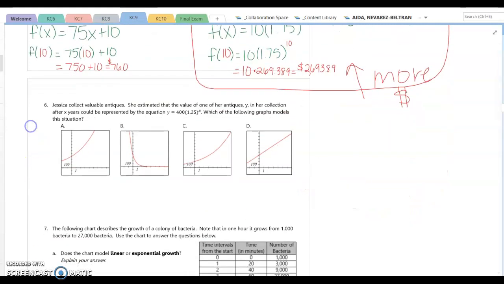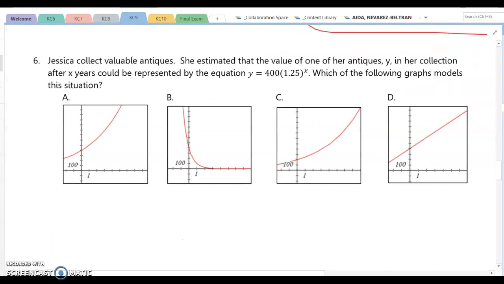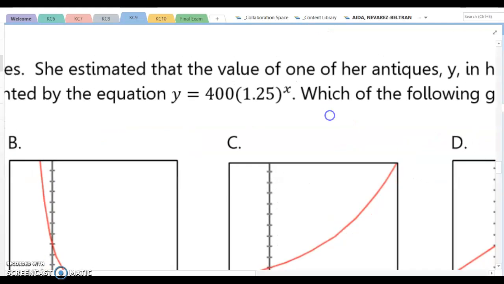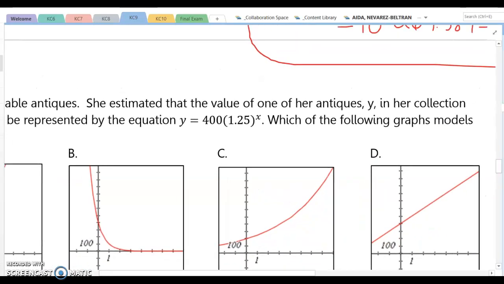Okay, so the next one, Jessica collects valuable antiques. She estimated that the value of one of her antiques, Y, in her collection after X years would be represented by the equation Y equals 400 times 1.25 to the X. Which graph models the following situation? So we can kind of eliminate a little bit, and then that will help us to actually figure out which answer choice is correct. So we do know that this is